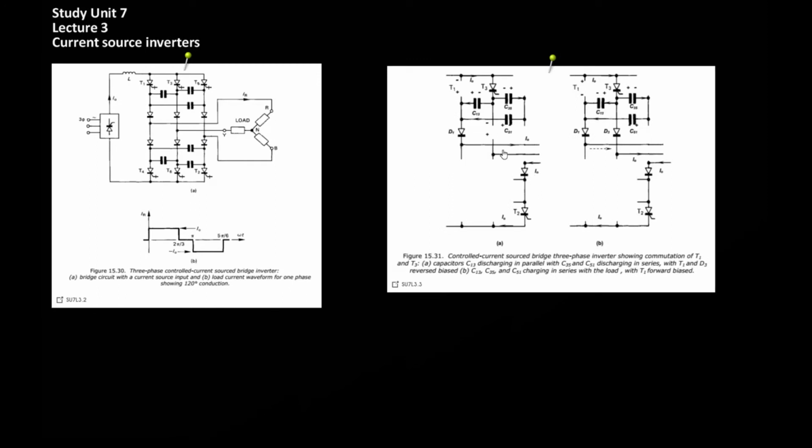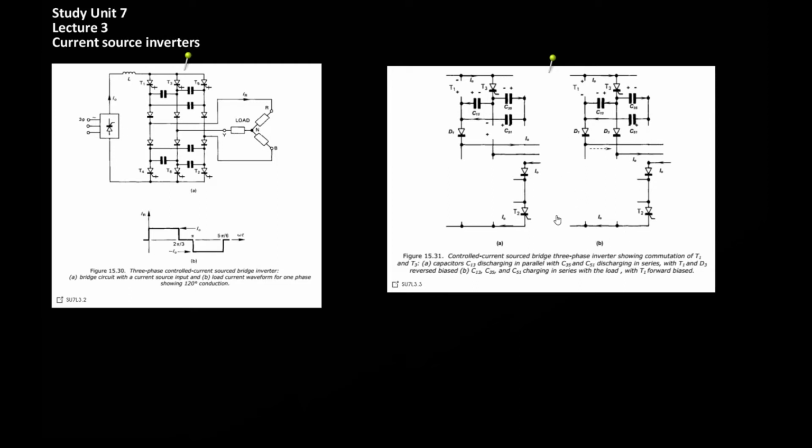This conduction pattern will ensure that there is an AC current being delivered to the load where each phase is 120 degrees out of phase. Once again, with this circuit there are two phases. So to illustrate how these phases work, I've once again borrowed from reference text, and there are two diagrams. The first part of the diagram, part A, shows what happens in phase 1, and part B shows what happens